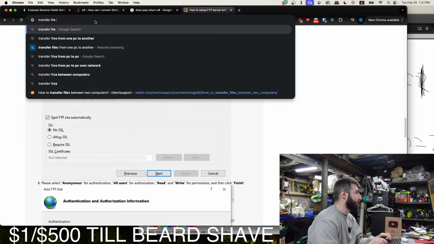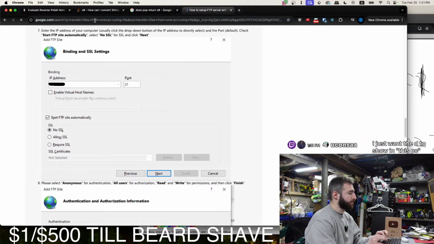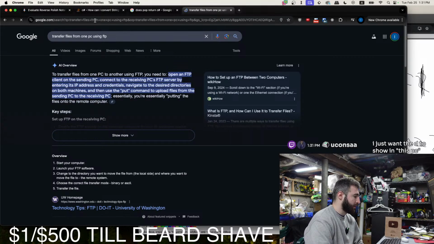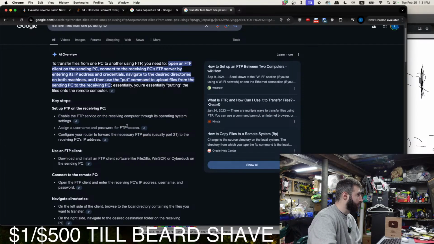Transfer files from one PC using FTP. I just want the D drive to show in This PC. Yeah, I don't know if that's possible. I think you'll need to host an FTP server on your computer. Set up FTP on the receiving PC.